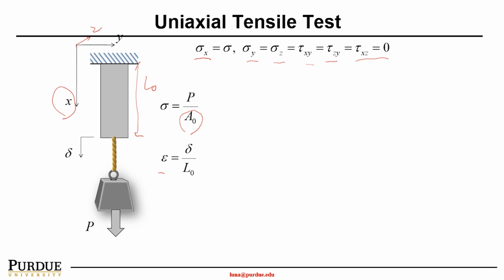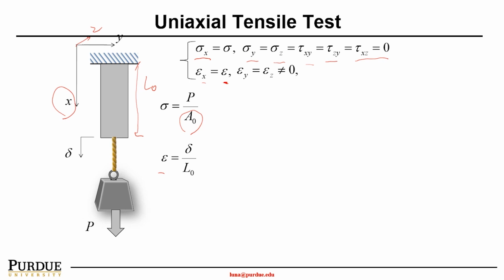So there is no shear force or any force applied in other directions. As such, we expect the deformation generated, the strain epsilon x, will be epsilon. So the total deformation of the material will only be the deformation in the x direction. And also